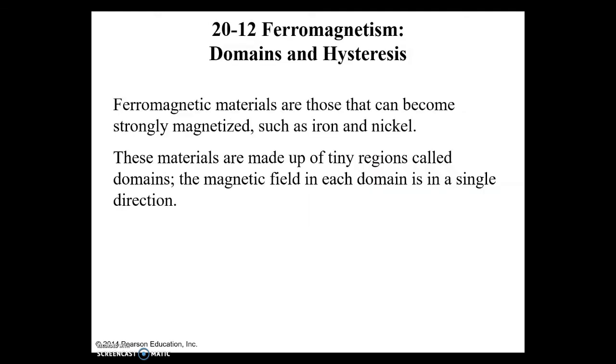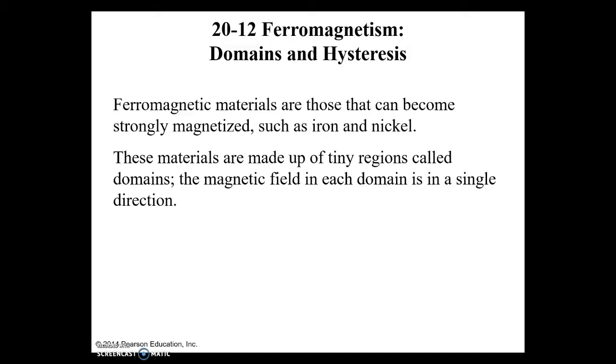All right, so now let's talk about what makes a magnet a magnet. We'll talk about something called a ferromagnet, which is a material that can become strongly magnetized, such as iron or nickel. We're going to look at these materials, this iron and nickel, as if they're made up of tiny